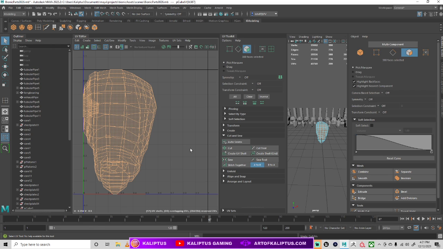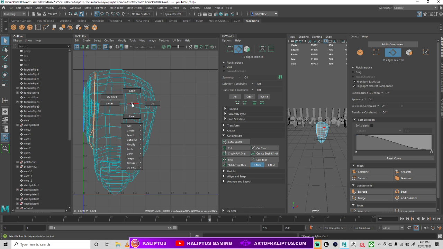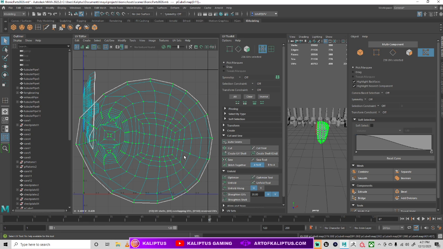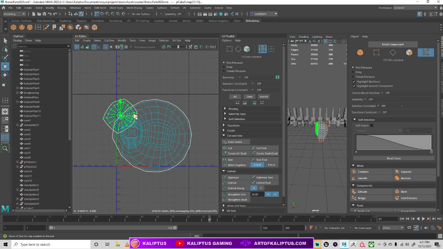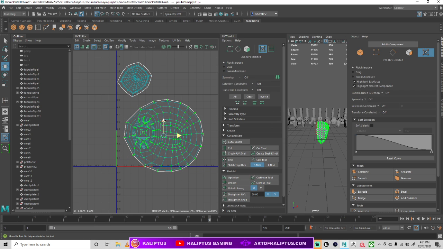Whoops, didn't mean to do that. For example, I can go in there, cut, and then select the UVs, unfold, select UVs, unfold, and now if I just stack them like so,